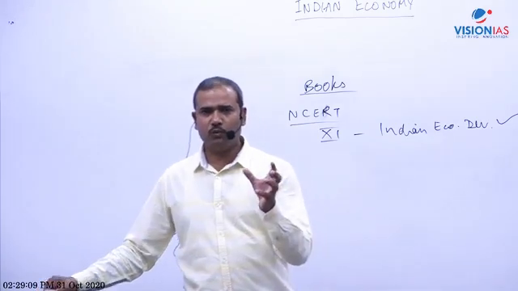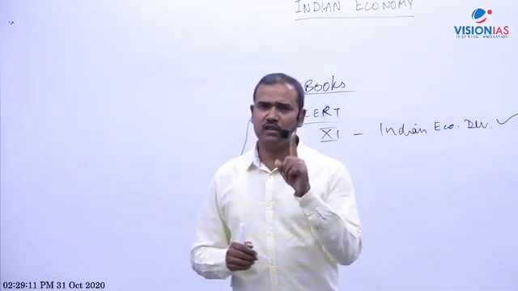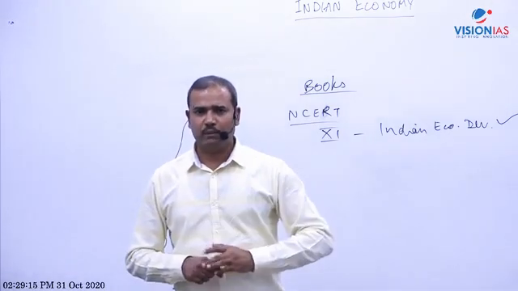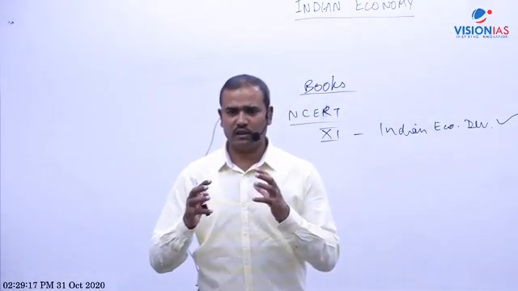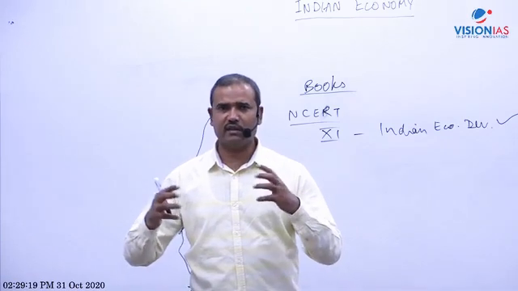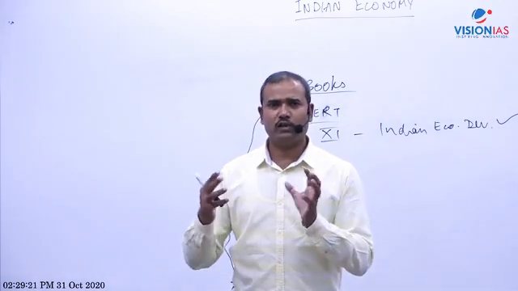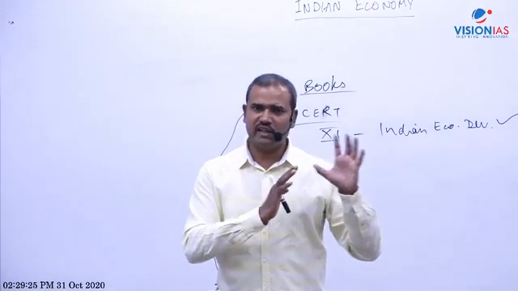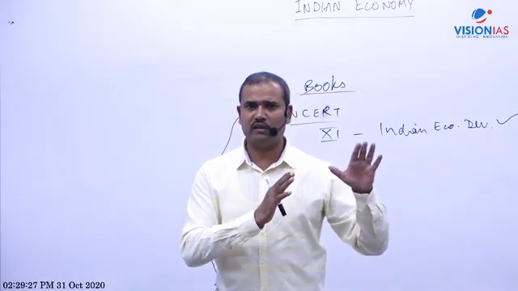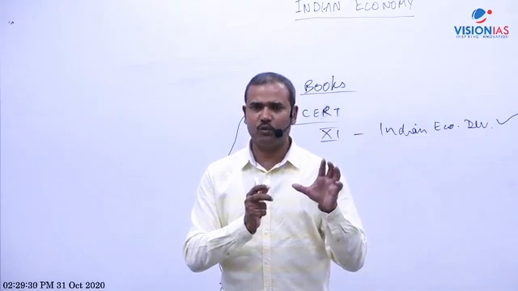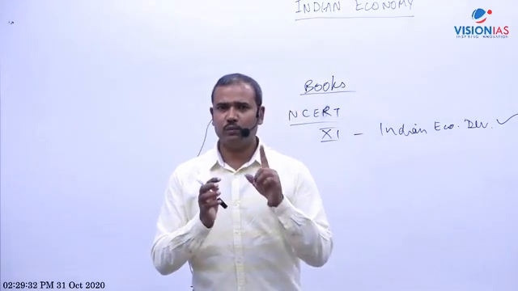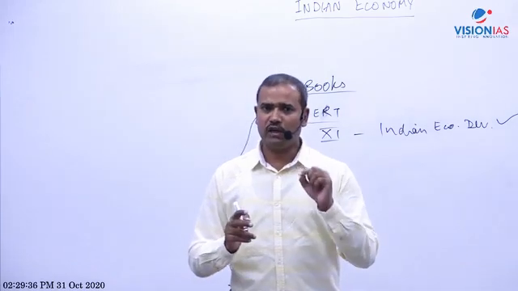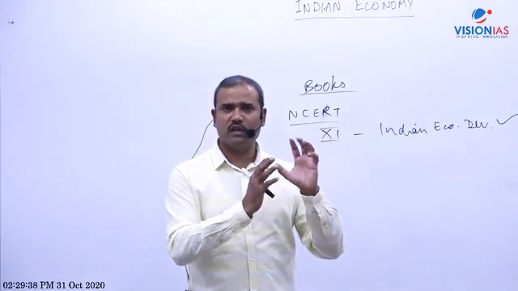If you want to study the previous summary, then you can go through the volume 1 summary. Not volume 2, volume 1 summary. Why? Because volume 1 is related to the concepts, research and the suggestions. So that is more important from the mains point of view. Volume 2 is related to data and analysis of data, but that data will change. So for volume 2, only the current year will be relevant. But volume 1, the theory on specific issues, may be relevant.